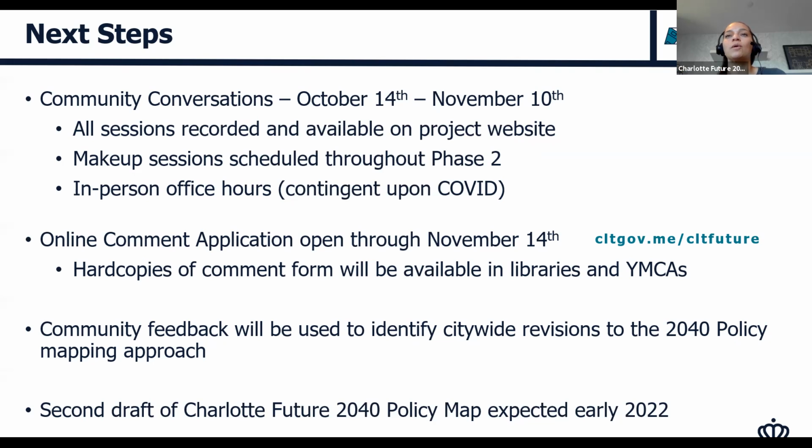As we did with the comp plan, we'll go out into the community and really engage them and ask. The methodology for this has not been developed yet, I don't think, because it's got to happen after the policy map gets adopted. But that'll have heavy community engagement as well, where we'll ask the community, what are your concerns? What are specific areas or topics that concern you, and what would you like to see? And then we can go back to the comp plan and say, okay, this is what the comp plan recommends. These are the tools that we can look at, and does that work in this particular area?